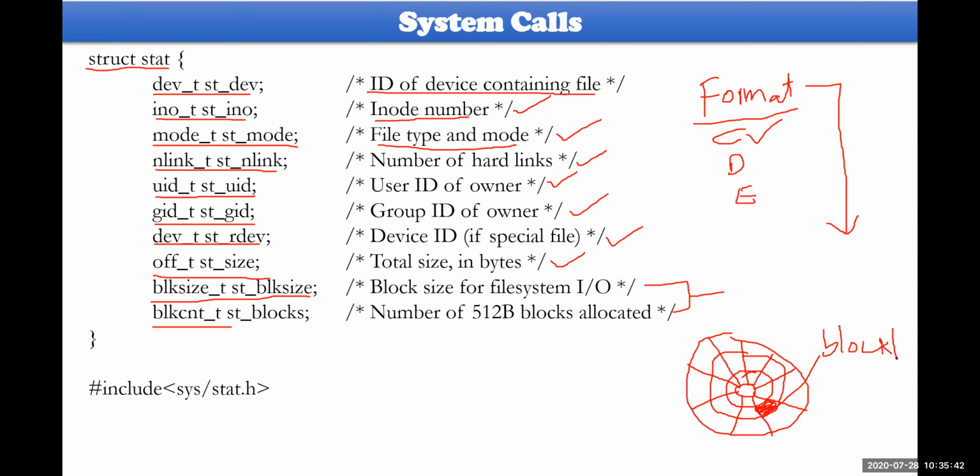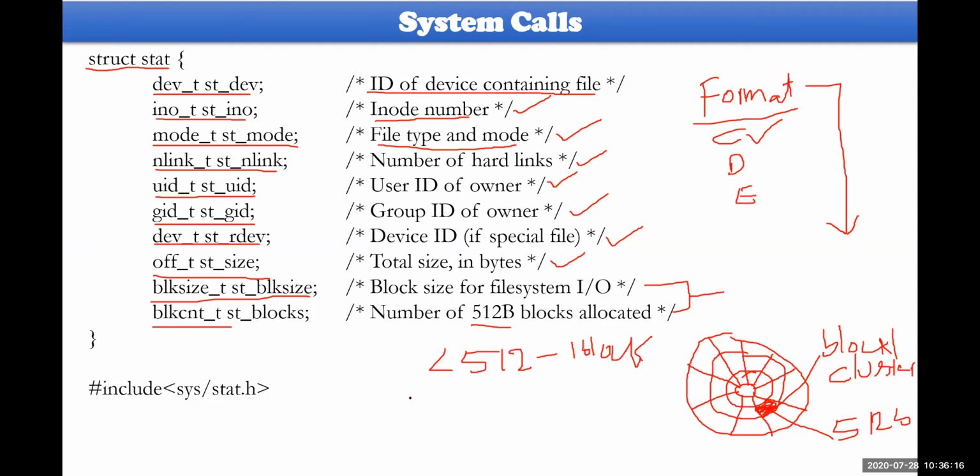In low level terminology, it is also called a cluster. The size of this particular cluster will be 512 bytes. That is what we have mentioned here. If our file size is less than 512 bytes, only one block is allocated.